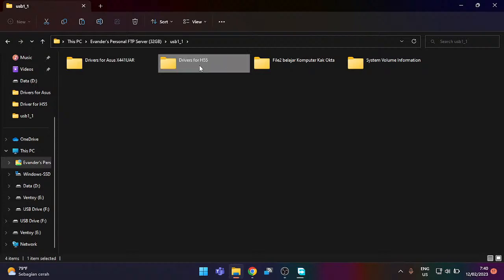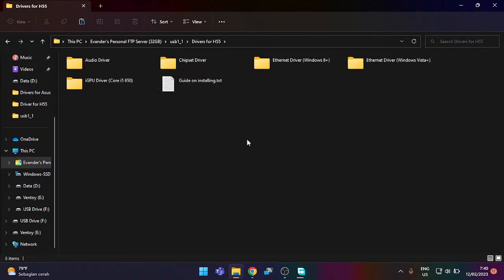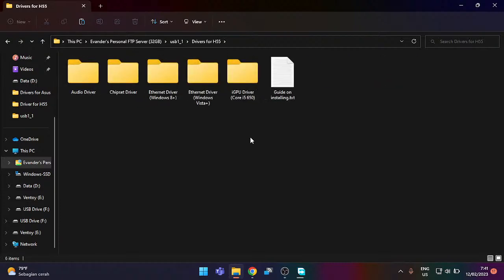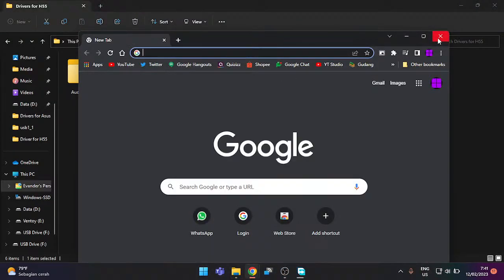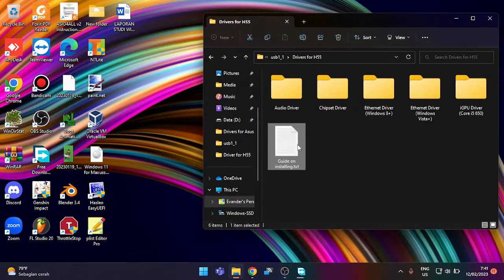I also have the drivers for my H55 PC, the Core i5 first gen thing. Also, I have whatever this is, and yet it just opens Chrome. So, okay, let me actually copy this file,